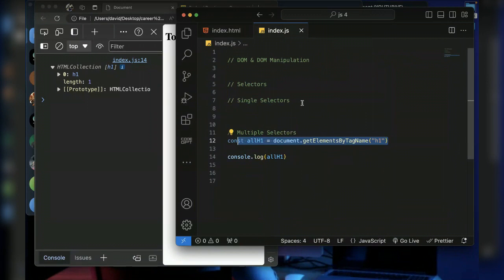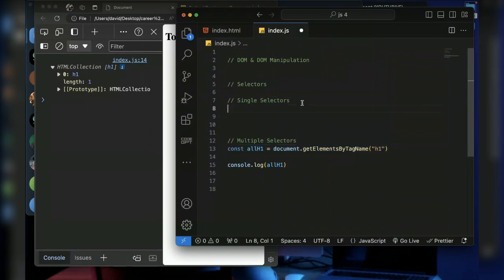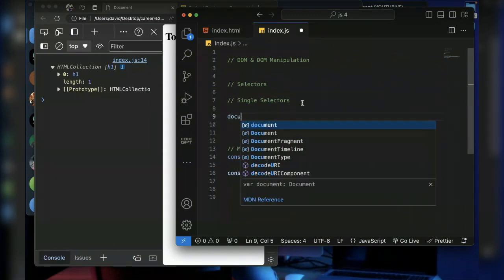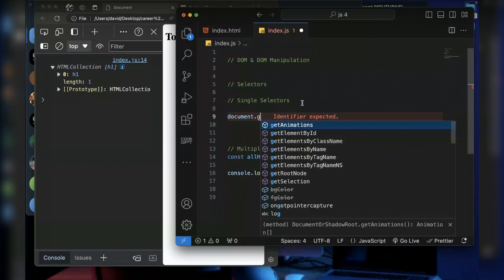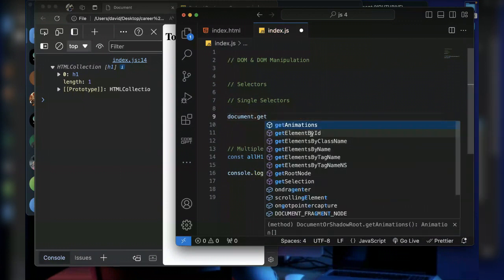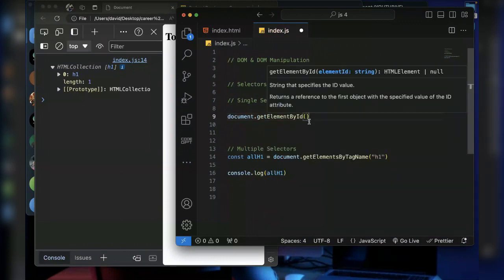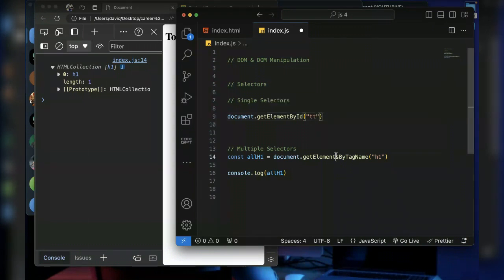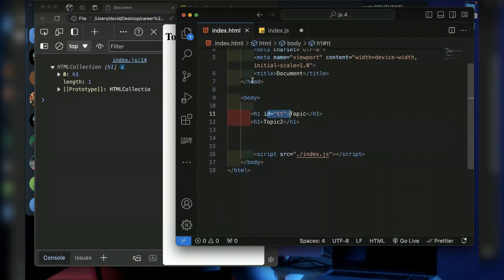So we can say document.getElementById, and inside here you pass in the ID TT. So we are selecting the tag whose ID is equal to TT. So here this is the only tag with ID TT.